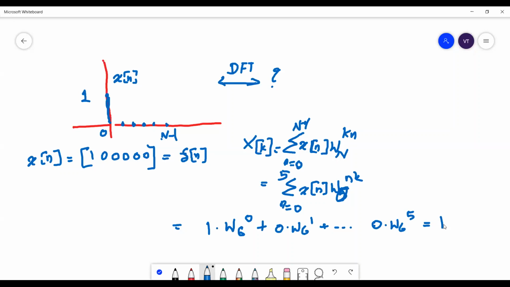So what does this indicate? This indicates that x of k is equal to 1. Okay. So x of k is equal to 1 for k is equal to 0, x of k is equal to 1 for k is equal to 1, and x of k is equal to 1 for k is equal to 2, 3, 4, 5. So all values from 0 to 5 are equal to 1. Is that clear? So now we will plot